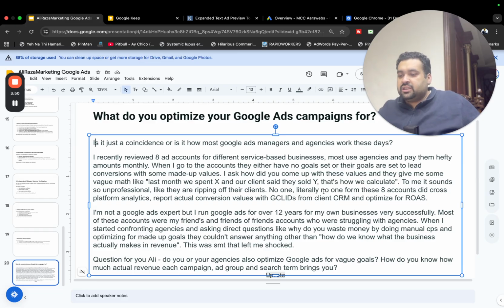So yeah, this is your answer regarding cross platform analytics. And with some businesses, when we are running ads on multiple platforms, we do cross platform analytics on that as well. But again, this varies with the client's level of comfort. Some clients are not comfortable sharing all of their platform details, so that could be a reason as well. You asked the agencies about this, but did you ask your friends, or do they have any clue on this? I'm sure you may have asked and your friends may not have a clue either.